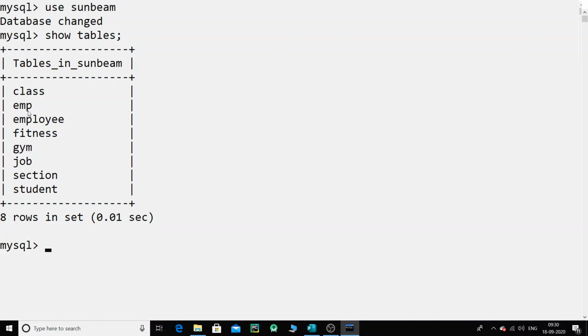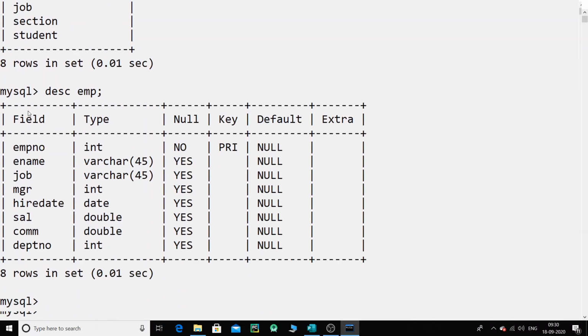Let me show the structure of the table first, that is DESC EMP, and this is the structure of the table. As you can see, there is a field number which is an integer, and that is a primary key. Next we have employee name, which I have kept as varchar, and the job, the name of the job that he does, I mean the position.